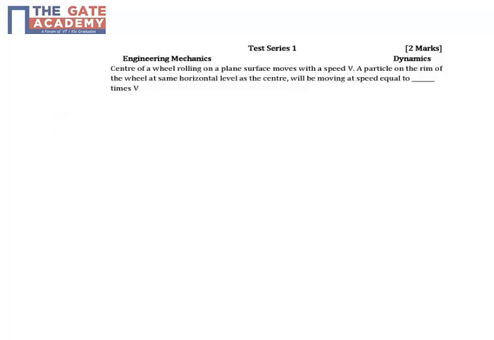Let us discuss a problem from dynamics. The center of a wheel rolling on a plane surface moves with a speed v. So you have a wheel, and it is rolling on a surface with a speed v. Whenever a wheel like this rolls, it'll undergo a plane motion, and a plane motion can be